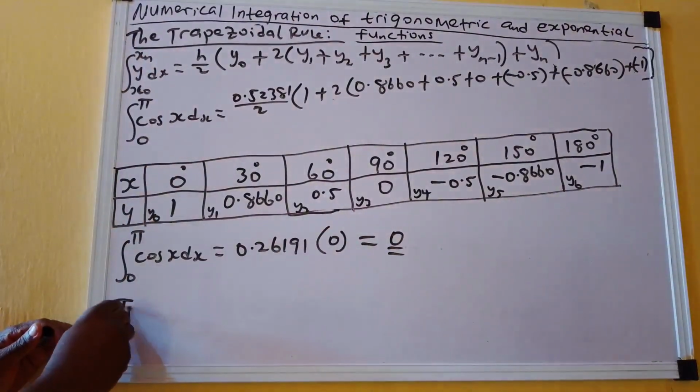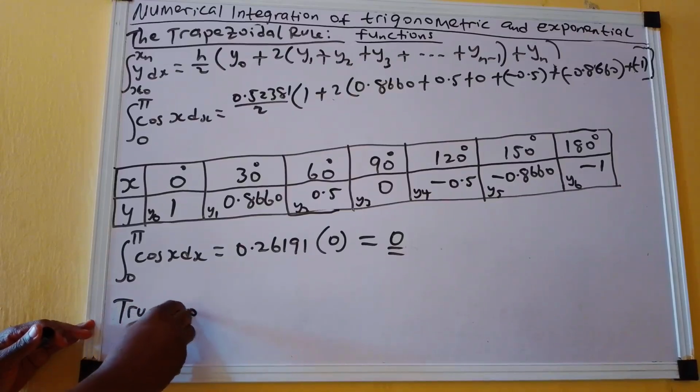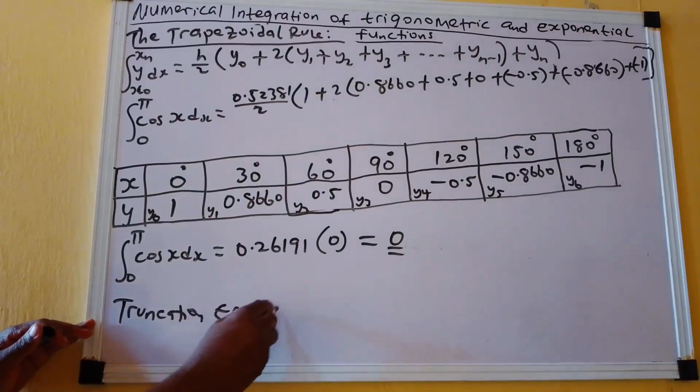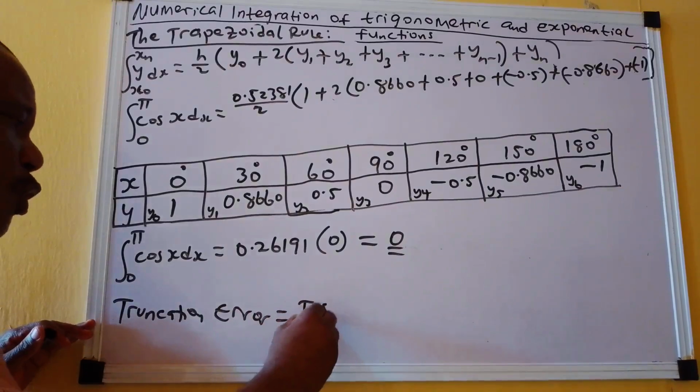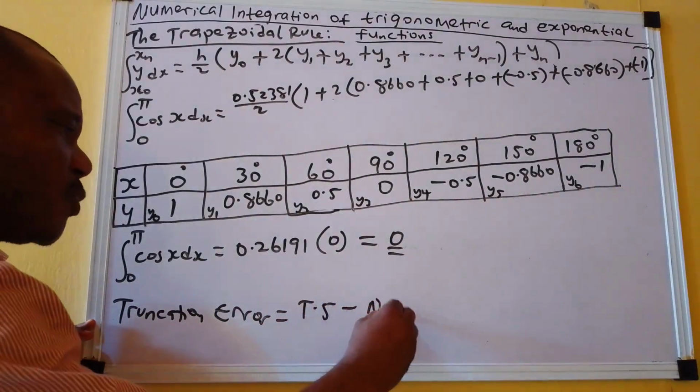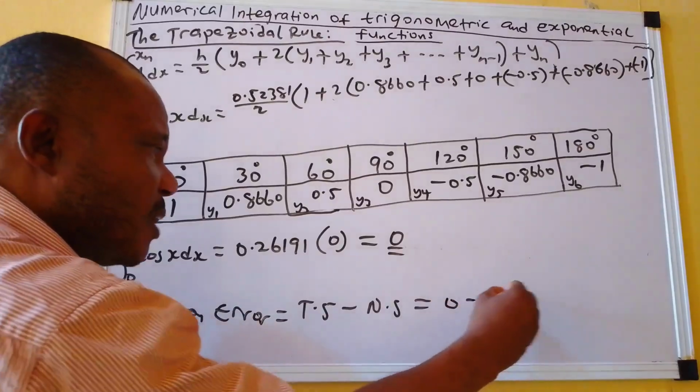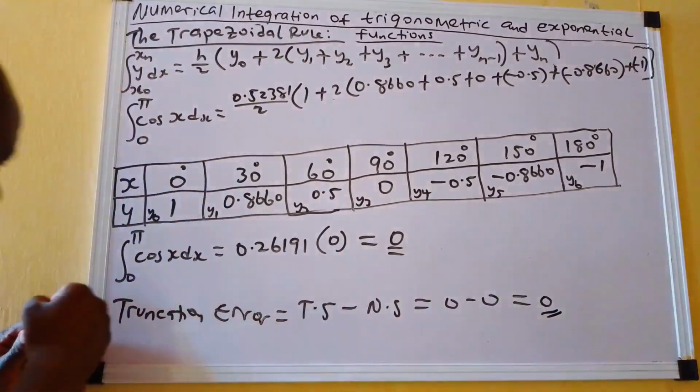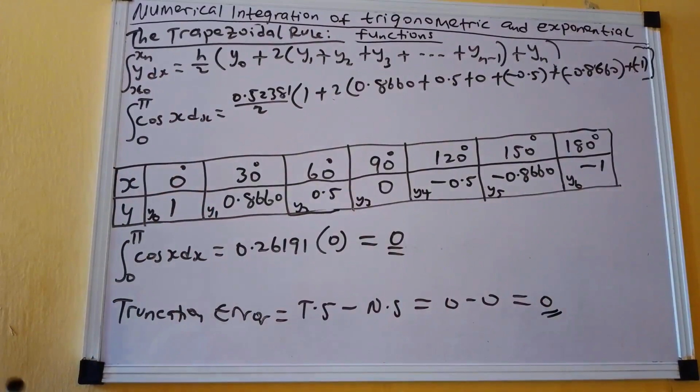So the truncation error will be equal to the true solution minus the numerical solution, and that will be 0 minus 0, which is 0. So we have succeeded in also using the trapezoidal rule to solve this problem, and we arrived at 0. Now lastly, we shall also use the Simpson's